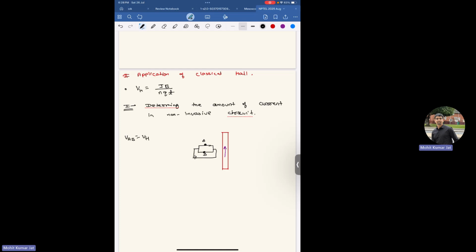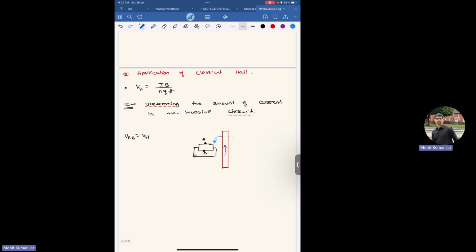Since current carrying wires act as a magnetic field source, they have their own magnetic field. So the magnetic field here will be perpendicular to this sample. So B is in the z direction. You have B, the similar problem we solved, and you can measure the VH, the current you are passing, the I, that you know. Q, you know what the charges are, whether it's electron type or hole type. Carrier density, you know at what carrier density you are doing the measurement. Thickness of your sample, you know.